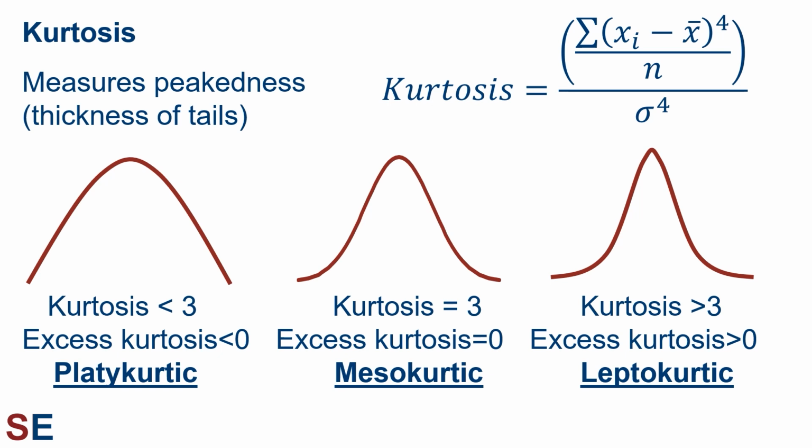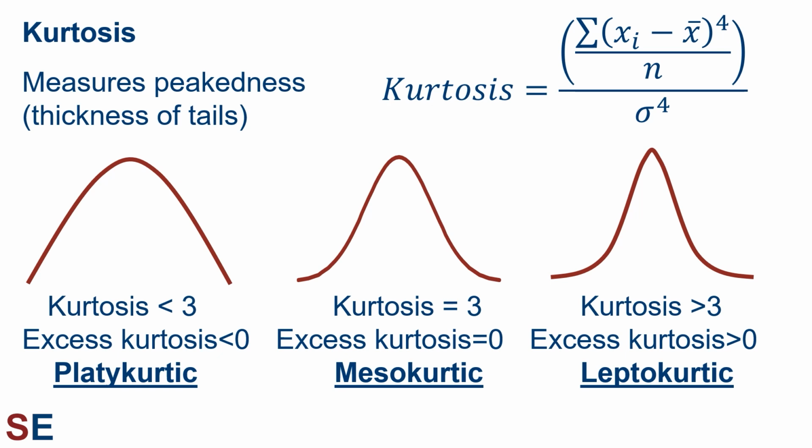If you have a peaked, kind of pointier distribution with skinny tails, the kurtosis would end up being larger than 3, excess kurtosis would be positive, and we would call that leptokurtic. Whereas on the left, if the distribution is kind of fatter with tails that have more values in them, we would get a kurtosis that's less than 3, which would be a negative excess kurtosis, and we would call that platykurtic, platy meaning flat.